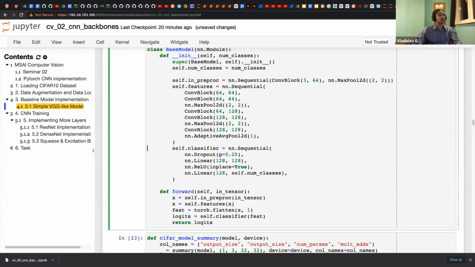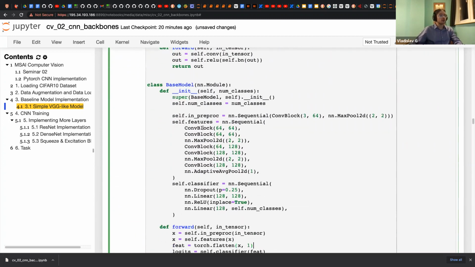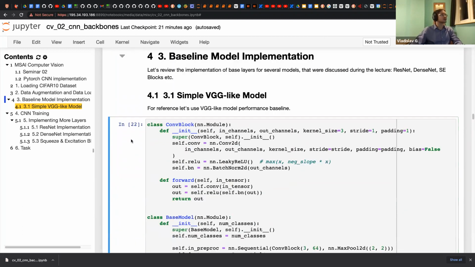Final classifier consists of dropout, linear layer, and relu and another linear layer. And finally, we apply everything we created one by one. So kind of a simple network, but it uses this conv block as a basic block. That's the main point of this class.